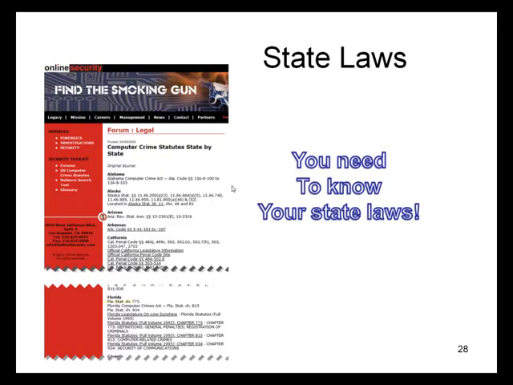As an example, Florida is a two-party consent state, meaning that one person alone cannot consent to the recording of a conversation. In one-party states or in the federal system, as long as I get one person to agree, I can record the conversation surreptitiously. In Florida, you cannot do that without committing a felony. So you need to know these sorts of things if you're going to be monitoring systems.